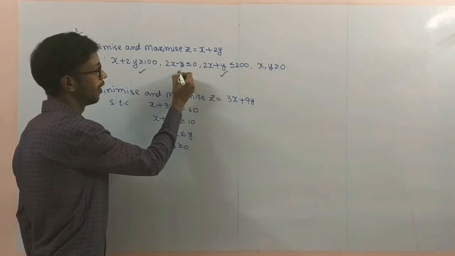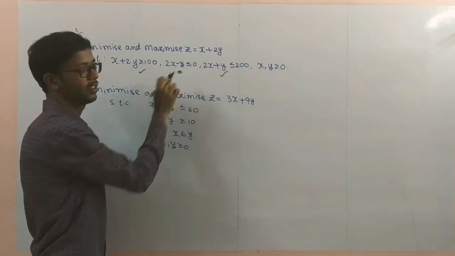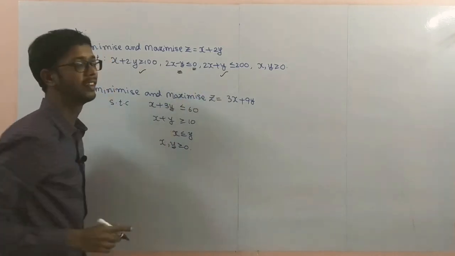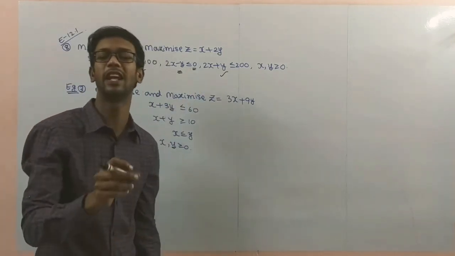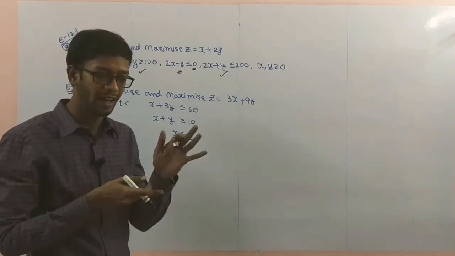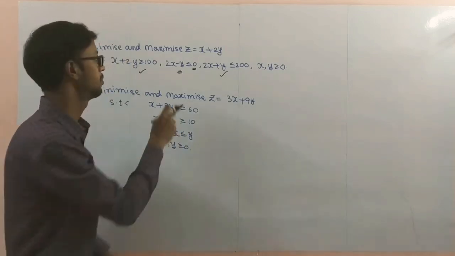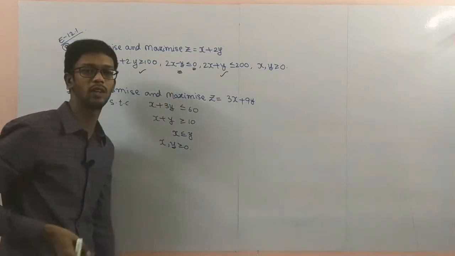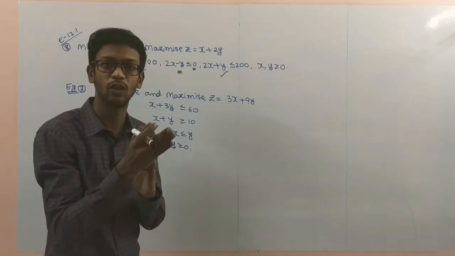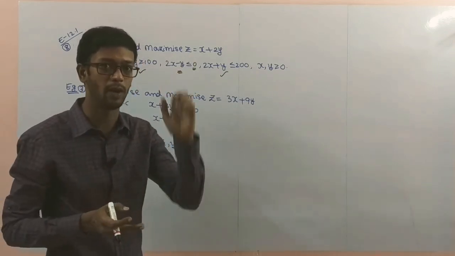But this one, 2x minus y is less than or equal to 0, where 0 is on the right side, that is a special case. For the shading region, you have to substitute (1, 0). The line passes through the origin: substitute x equals 0 and you will get y equals 0, and substitute y equals 0 and you will get x equals 0. So it is passing through the origin, but draw the line properly.